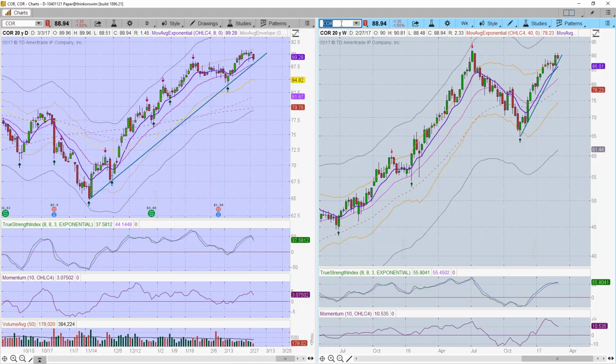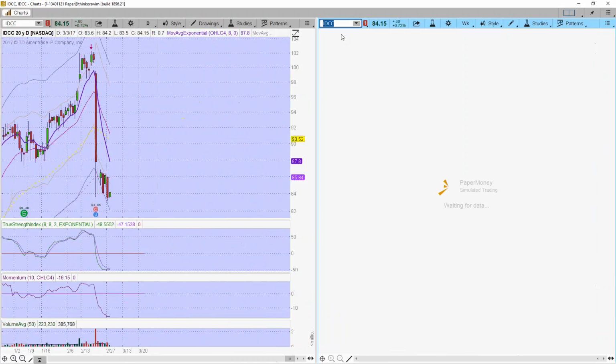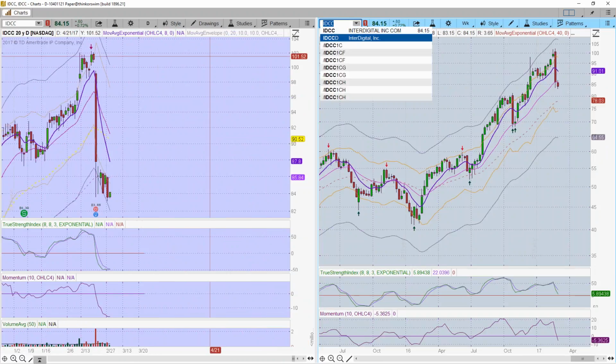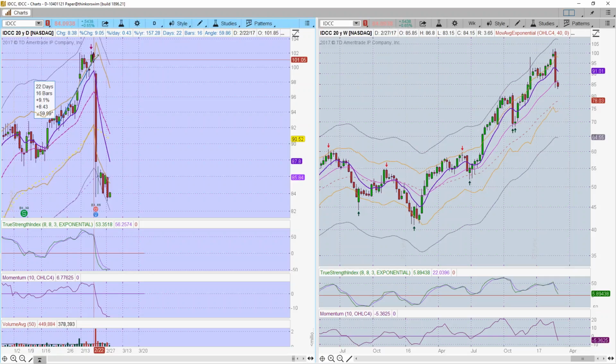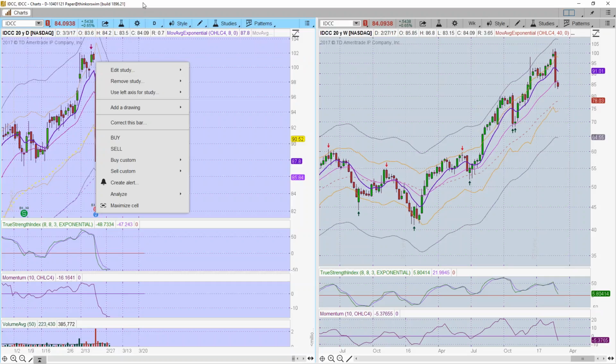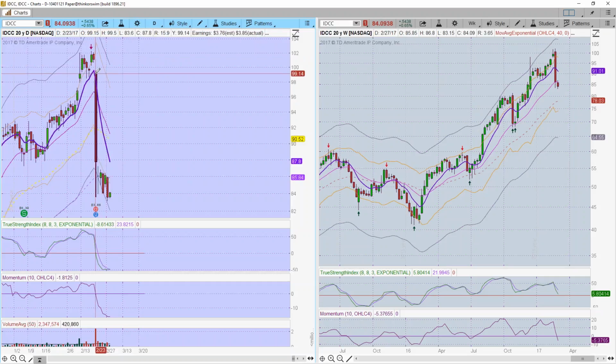A couple of trades we got out of last week, IDCC. We got into IDCC at about the 92.50 level. It was a pre-earnings trade, and we got a really nice run-up, but because it wasn't over 10%, we knew we wanted to be out of it. So we closed out the second half of the trade for about a 9% gain prior to earnings, and boy, are we glad we did, because it reported the morning of the 23rd, and it fell like a rock.